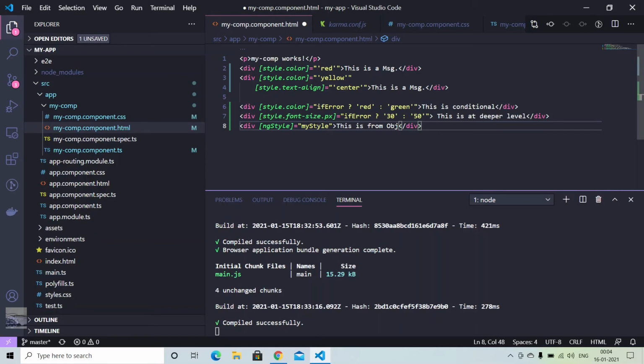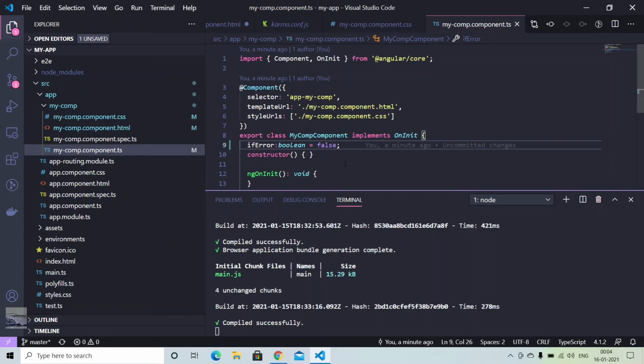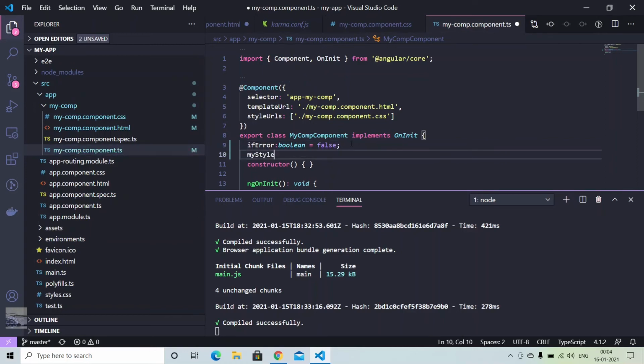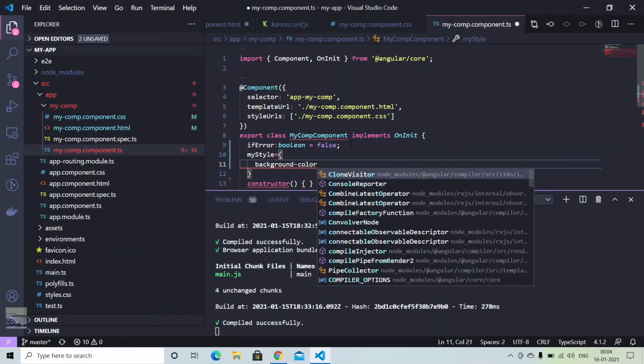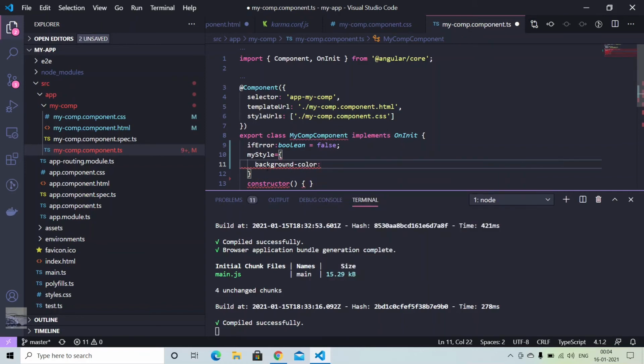Let's define this myStyle in TypeScript. Just make it background color yellow,